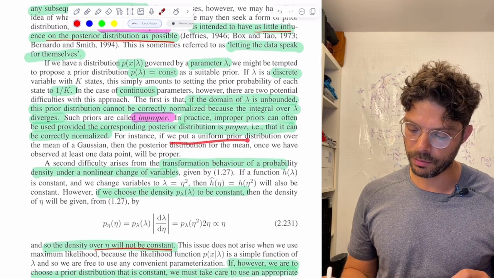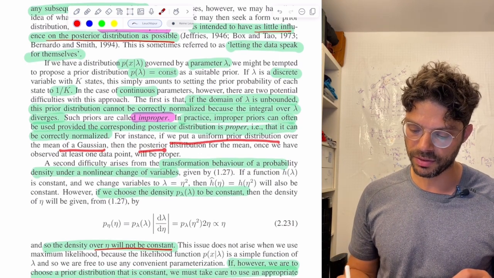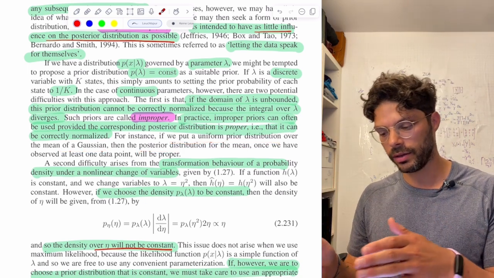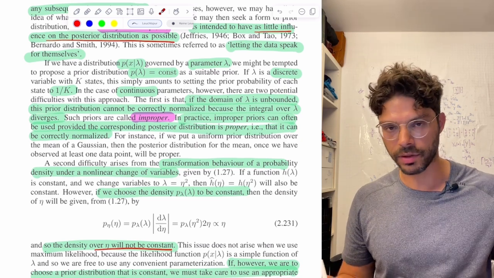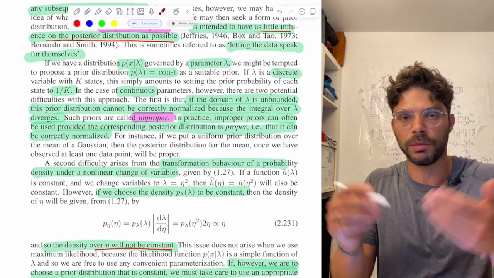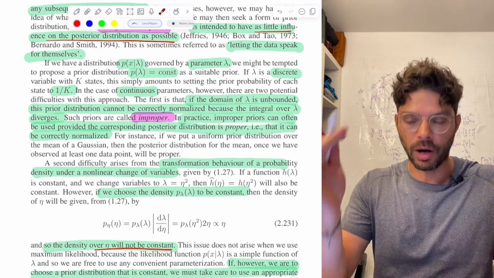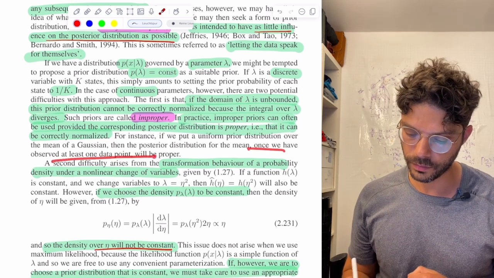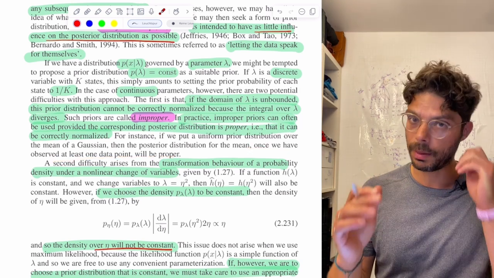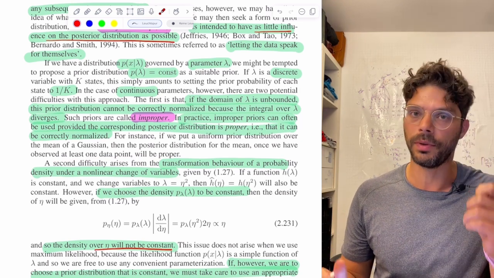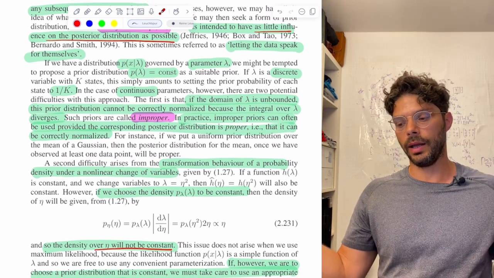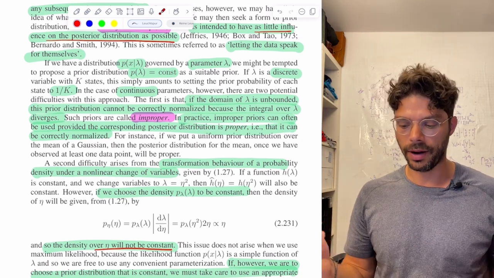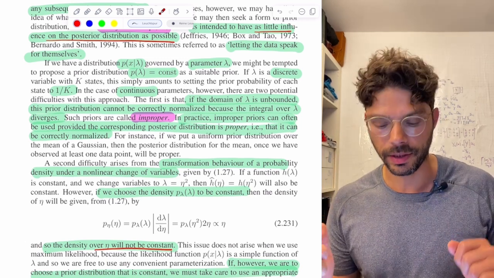For instance, if you put a uniform prior distribution over the mean of a Gaussian, then the posterior distribution for the mean is going to be the product of the likelihood times this prior, and that likelihood itself, if I recall, was a Gaussian. So if you just multiply it by some constant, that constant will drop out when you normalize things, so you'll be okay. So that's one of the problems, right? This flatness idea is good in principle, but if you have an infinite domain, you're going to run into these issues of not having a proper prior. But it might not be the end of the world.